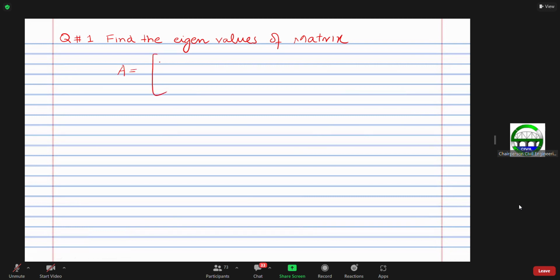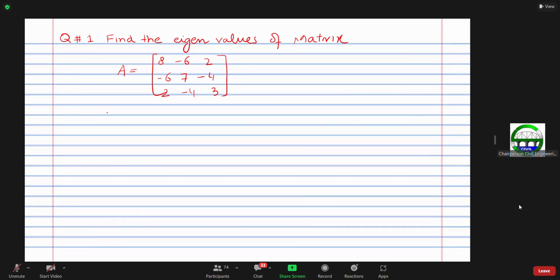The matrix is given by 8, minus 6, 2, minus 6, 7, minus 4, and 2, minus 4, and 3. Find the eigenvalues. Okay,